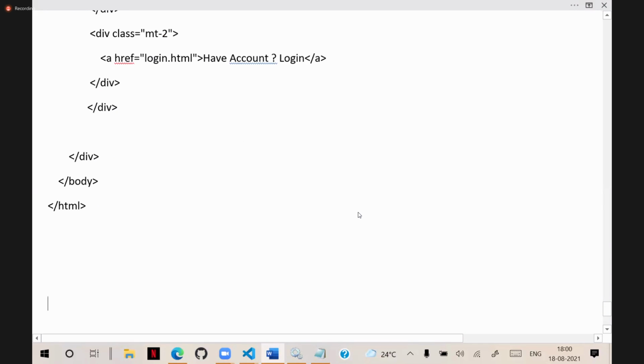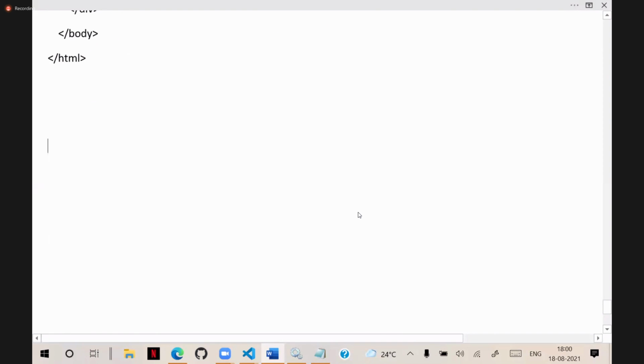Now, one more important point in server side technologies that you have to understand while working with Express is how we can configure static files.